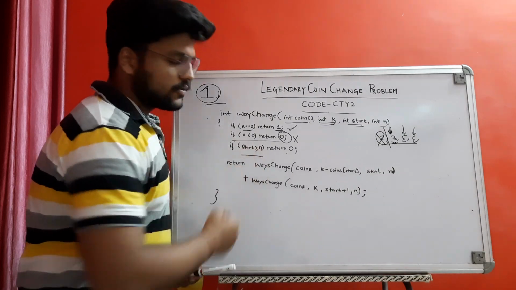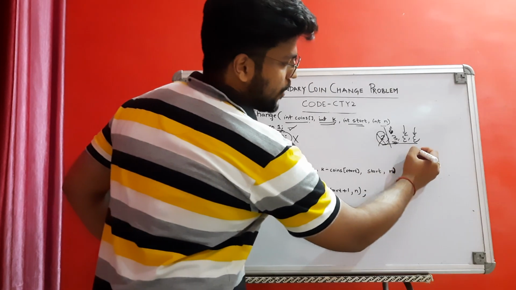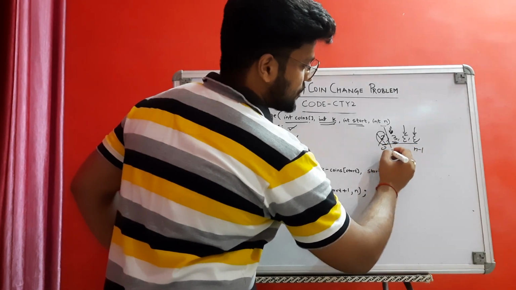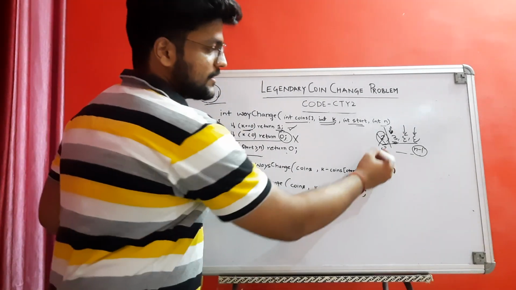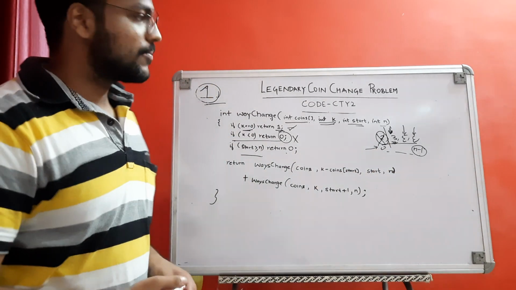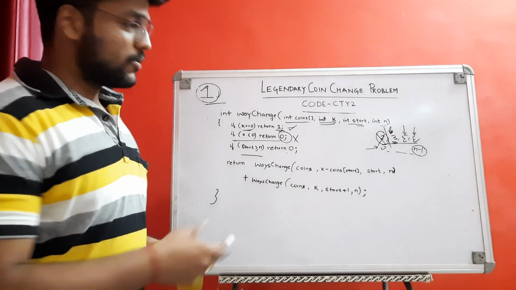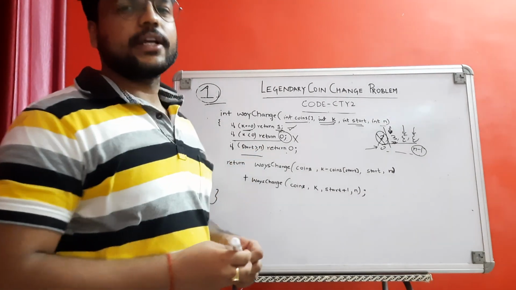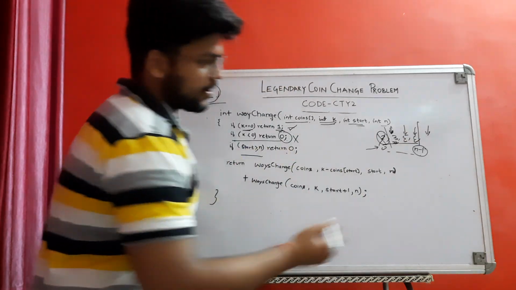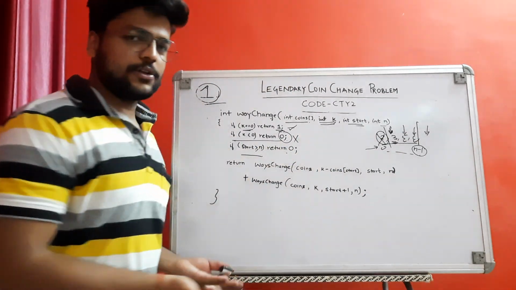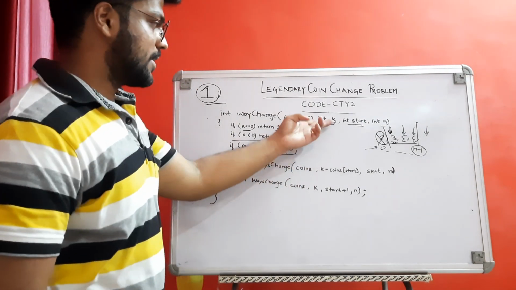If start is greater than or equal to n, you won't be able to take any denomination, because you have denominations up to n minus 1. Starting from 0, you have n minus 1 denominations. In coding problems we use zero-based indexing. So if start is greater than or equal to n, even if it is equal to n, you won't be able to take any denomination. Your start pointer will be next to this. If you don't have any denomination, how will you make any sum? There is no possible way to make that sum k.